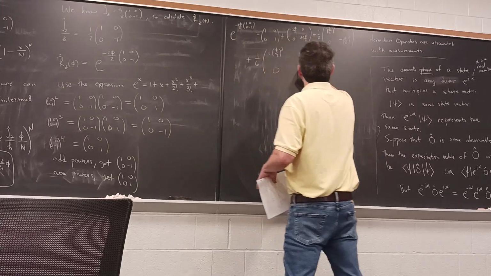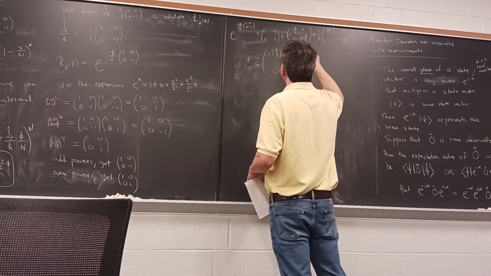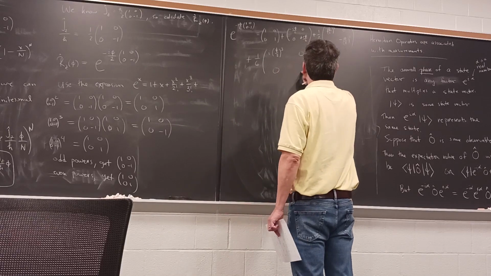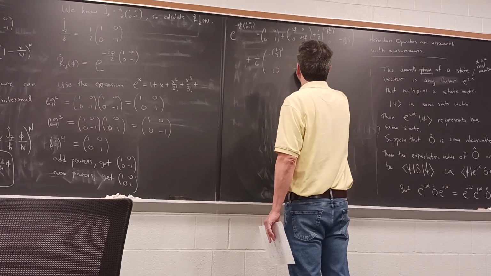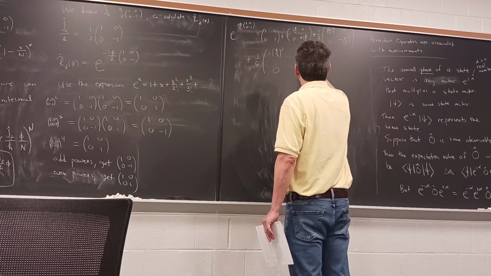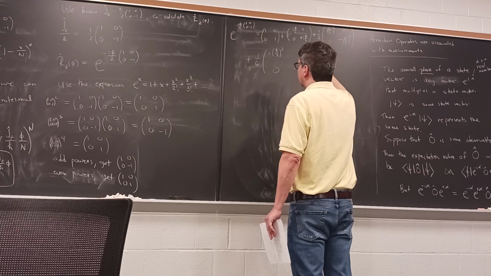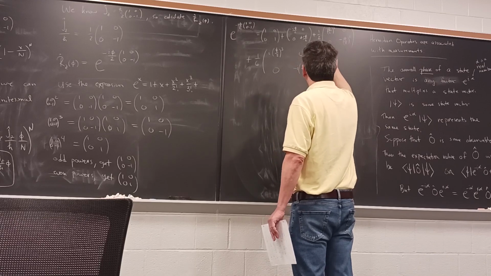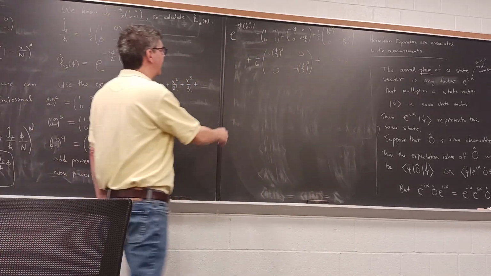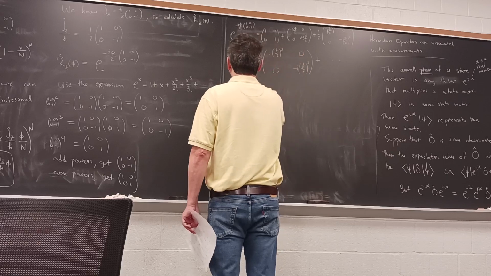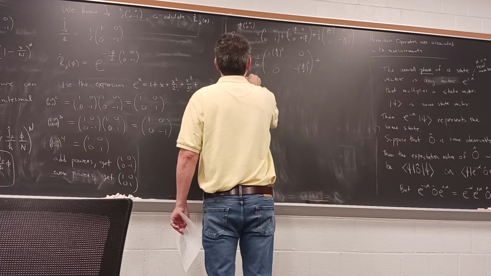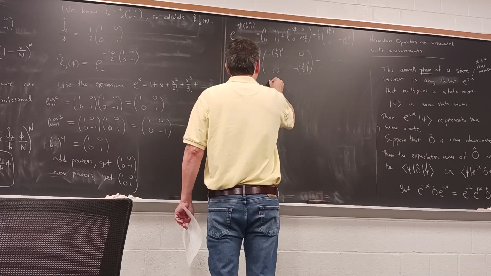0, 0, and then this will be, let's see, the cube, I got a minus 1 here. So I think I just changed the sign. Minus i phi over 2 cubed. And then plus the next set of terms. So let's go ahead and write out what it is. So we can just collect the terms. So we'll have e to the minus i phi over 2, 1, 0, 0, minus 1, is equal to,